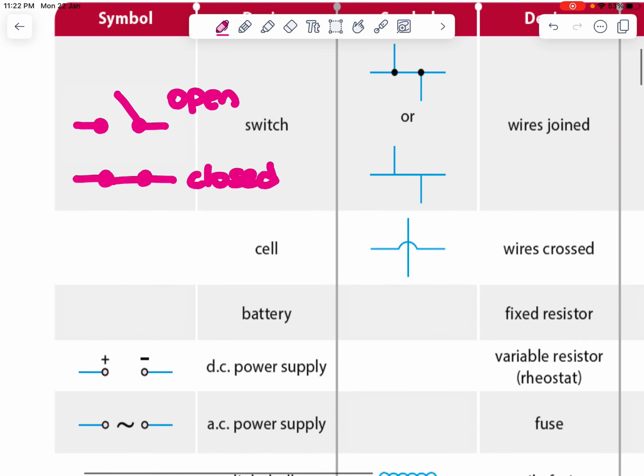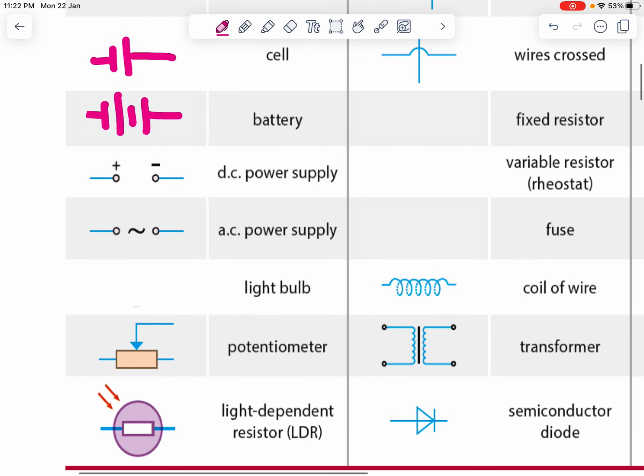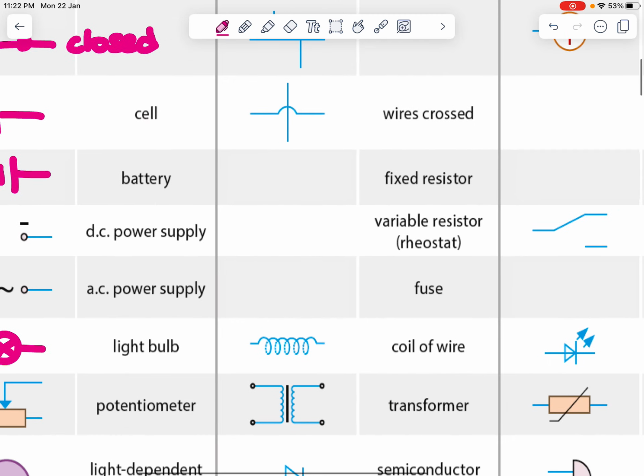Next, a battery or a cell looks like this. You can have more than one battery. Next, let's look at a light bulb. Cross. A fixed resistor, just a block. Variable resistor, a block with an arrow. A fuse,